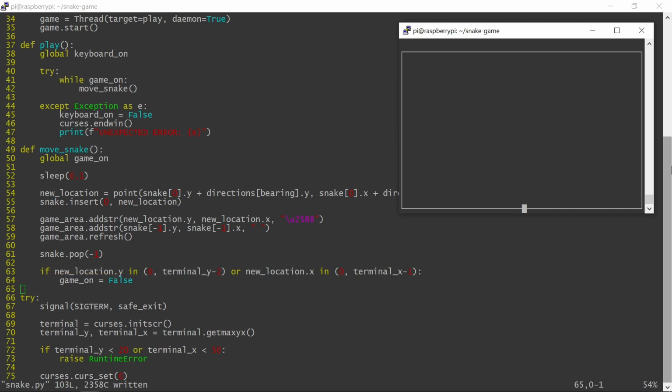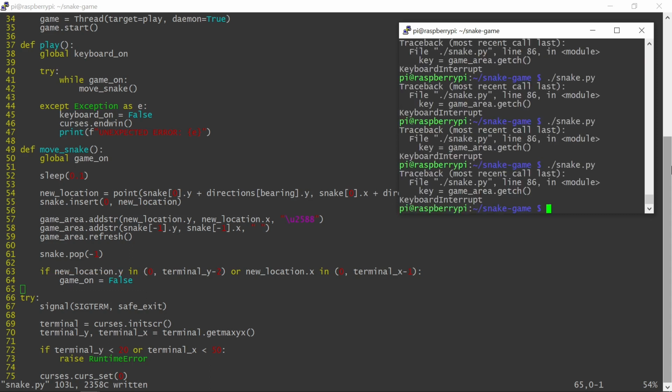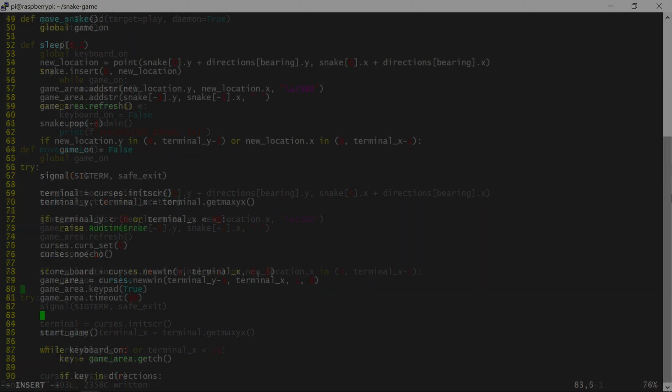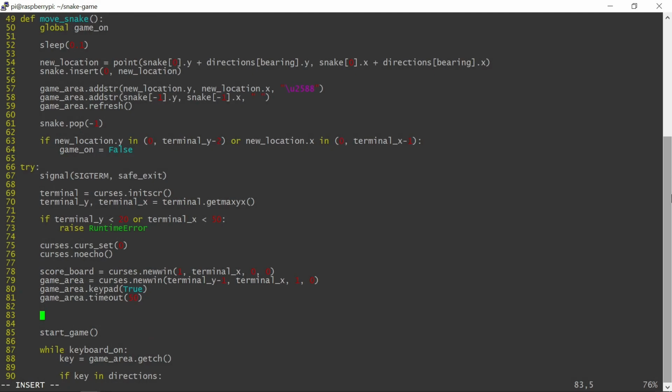I use Ctrl+C to exit the game right now, but ultimately I would like the player to see a game over message and have the ability to restart the game without exiting or restarting the program. I will make a new subwindow to display this game over message. This will be a small pop-up located in the middle of the screen. The pop-up will be just 4 lines, with top and bottom lines reserved for border, and the 2 middle lines used to communicate with the player.